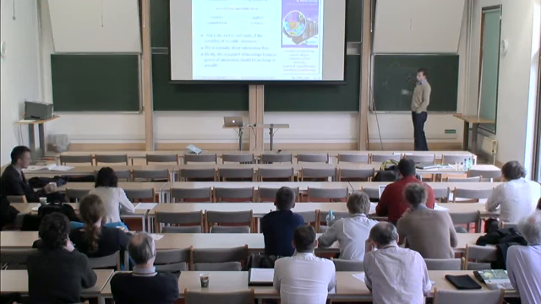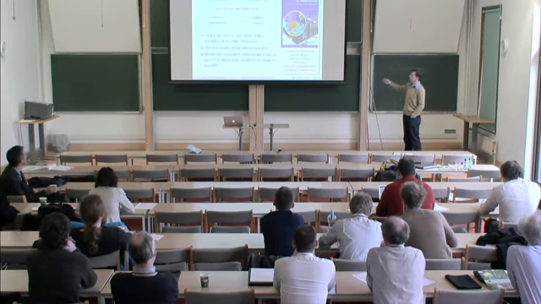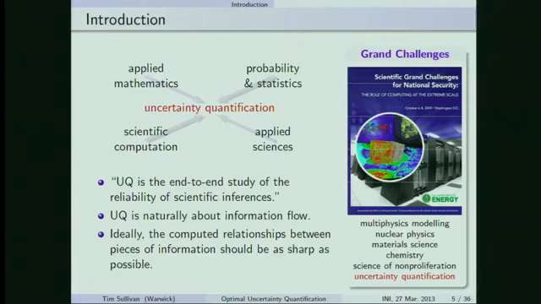So introduction-wise, I very much see uncertainty quantification as this intersection area where we have mathematics and statistics on one side, a hefty dose of computation, and applied sciences, and I mean that very broadly, in that I'll include finance and certain things that aren't physical sciences coming in from this side.